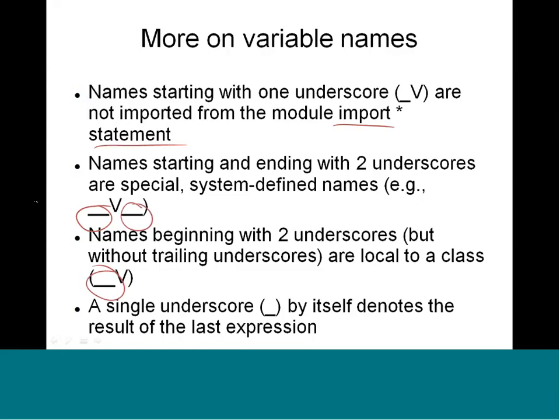A single underscore by itself denotes the result of the last expression. This is again useful when we talk about functions, because one of the things that gets returned is underscore if you don't specify a specific return statement. This is something that we saw on the Tcl side. So those are the concepts that are still continuing